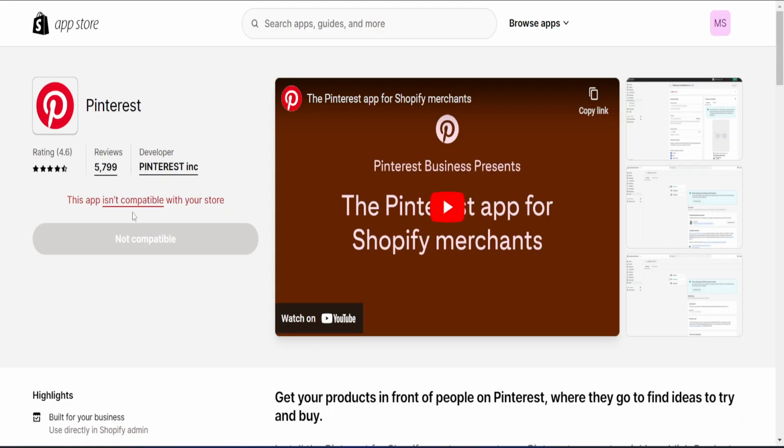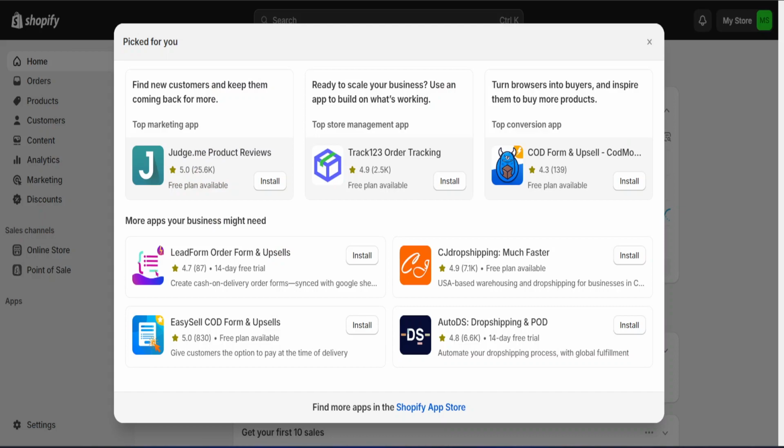And once you do that, there should be no problem being able to download this app and installing it. So let's say you do that, and then this will be compatible. So you can just download it, and after that you just follow the steps in the app and you connect it to your Pinterest, and it's easy as that. And that's how you connect